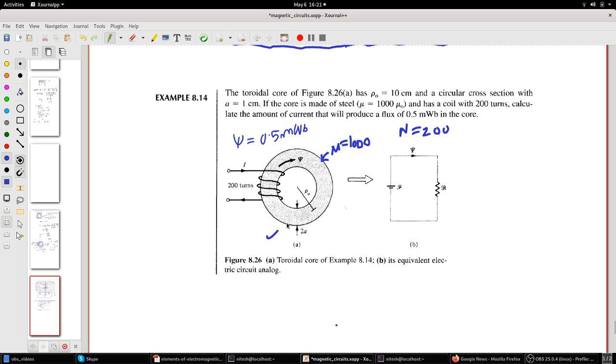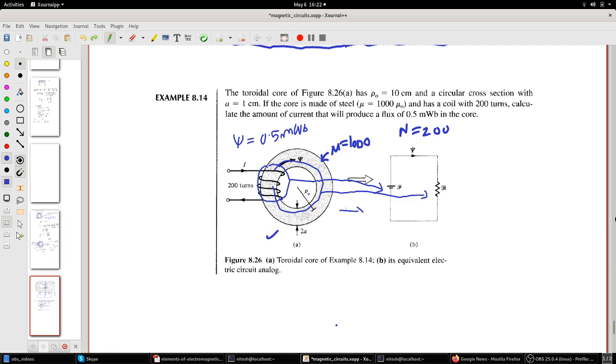First thing, as we had explained, I can convert this into an electrical circuit. What I have to do is replace this coil through a core with an MMF, which is this. Then I have to convert the complete core into a reluctance, and I know that flux will be guided or confined in the core itself. That will be your psi. So this is the equivalent circuit I get here.